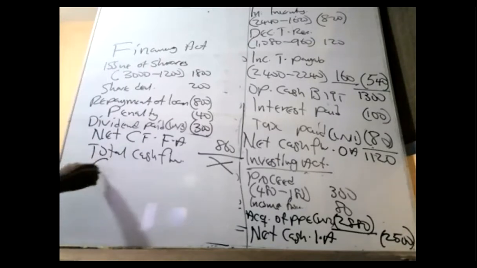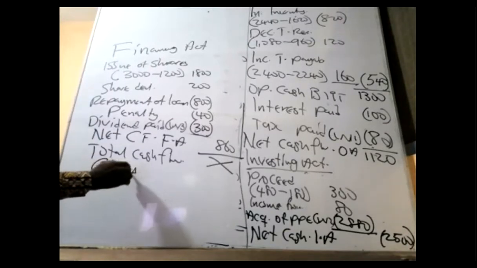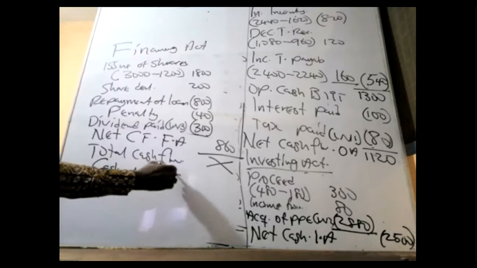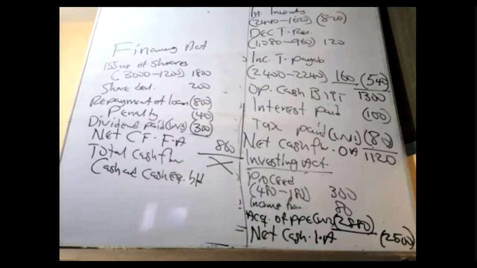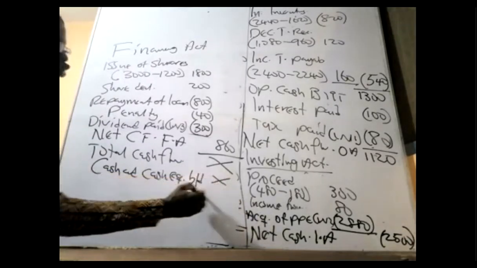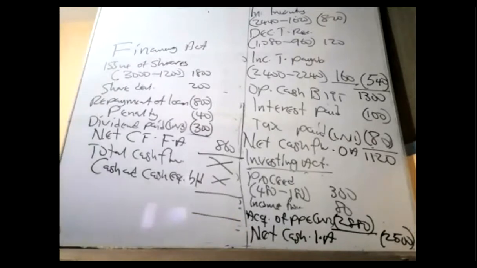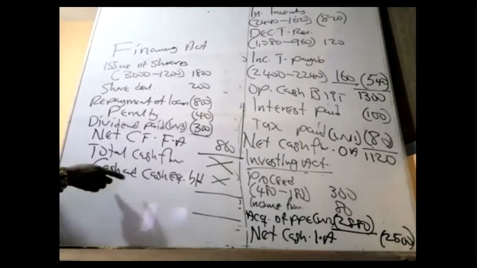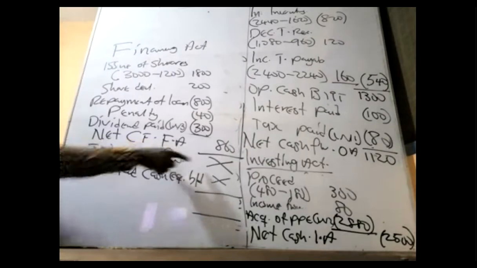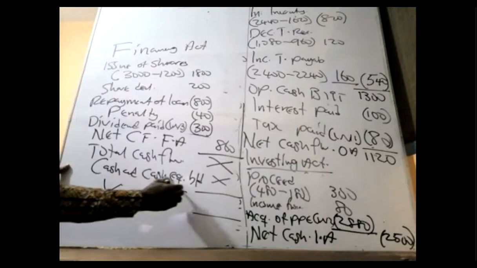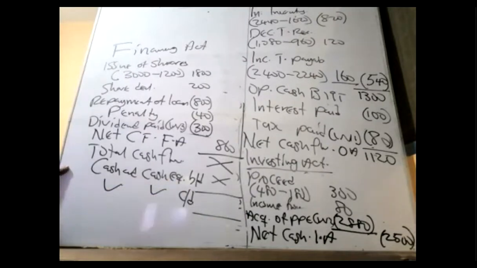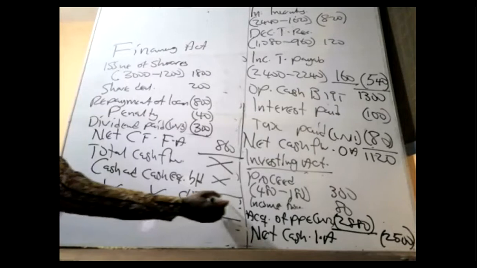All right, here cash and cash equivalent balance brought down at the start of the year, down to so much. When I add these 2 answers together, please make sure that you get this section. It's very important. When I add the cash and cash equivalents at the start, plus the total cash flow for the year, it must give me cash and cash equivalents at the end. And that one is so much.